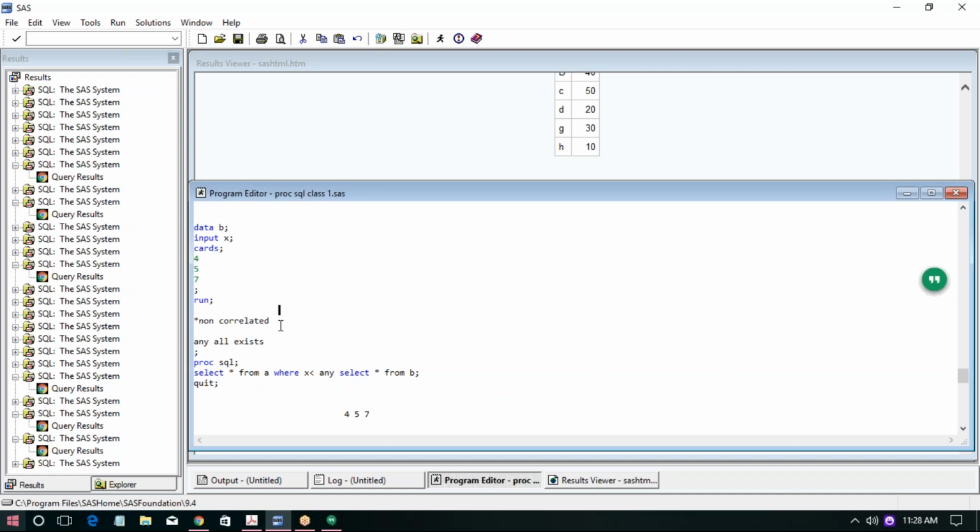Okay, if I use all, then it checks for 4, simultaneously it checks for 5, and simultaneously it checks for 7 as well. And there is another feature that is called exists. What it does is,